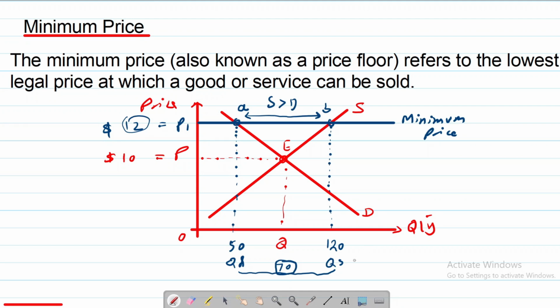Let's say it's wheat, right? Generally, the government supports farmers to ensure their income by setting a minimum price. So 70 units will be purchased by the government itself and kept in buffer stock. Again, buffer stocks are the storage houses that are held by the government, and the government holds some stock of goods